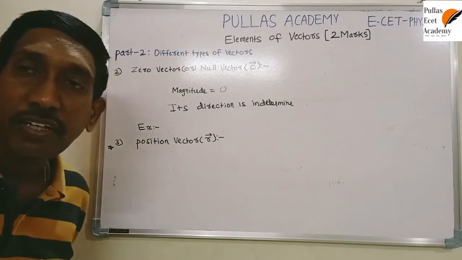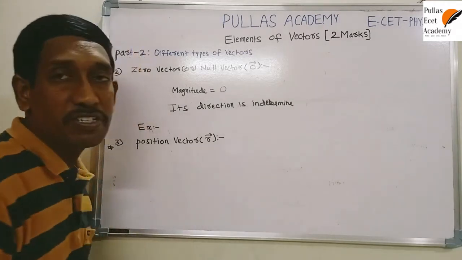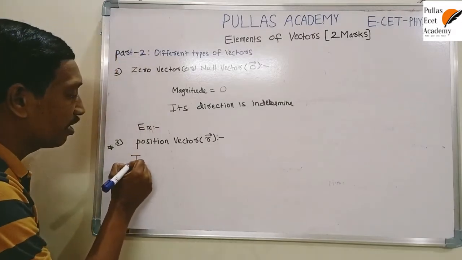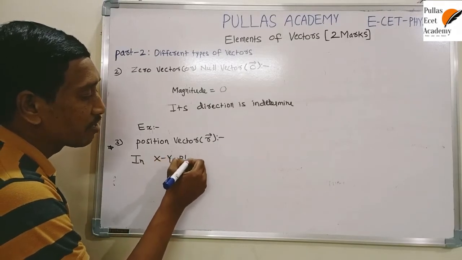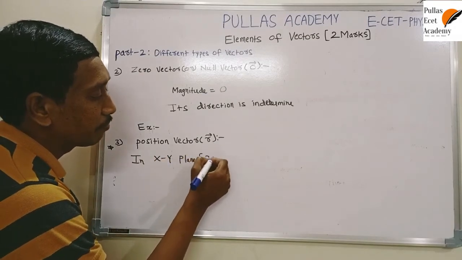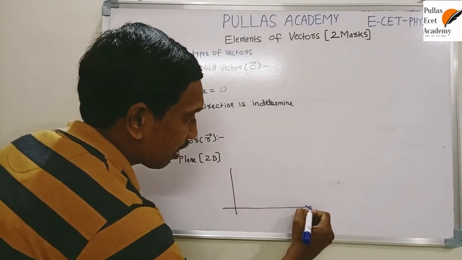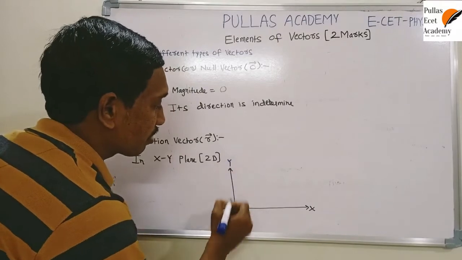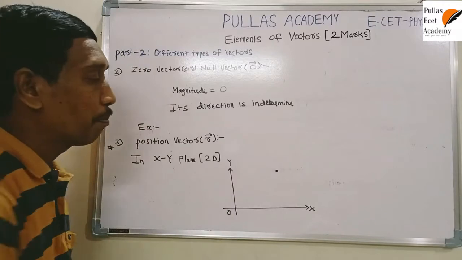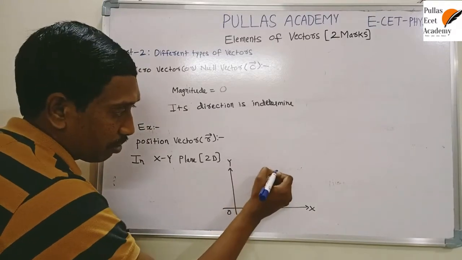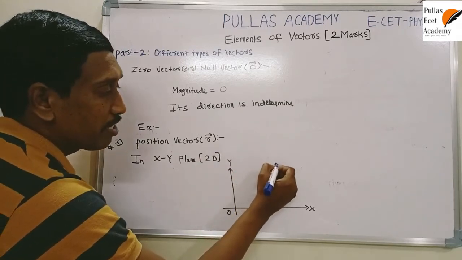What is position vector? Position vector is understood like this. Listen to me. For example, if you want the position vector in the xy plane, first I want to explain in the xy plane, that means in two dimensions. xy plane stands for 2D, two dimensions. So for example, this is the x-axis. Suppose this is the y-axis. Now in this x and y-axis, suppose this is a point here. Now suppose P is the position.